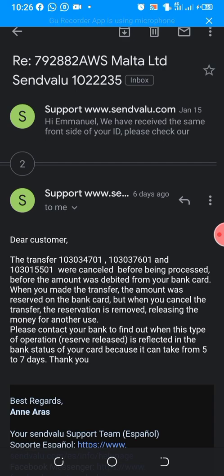Transactions 1, 2, 3 were cancelled before being processed, before the amount was debited from your bank card. When you made a transfer, the amount was reserved on the bank card, but when you cancel the transfer, the reservation is removed, releasing the money for another use. Please contact your bank to find out when this type of operation, reserve released, is reflected in the bank status of your card, because it can take from 5 to 7 days. Thank you. So I got this mail